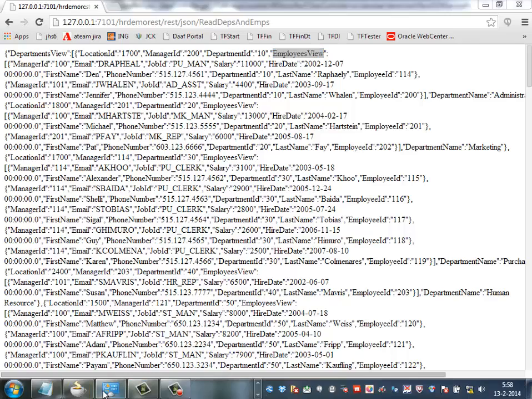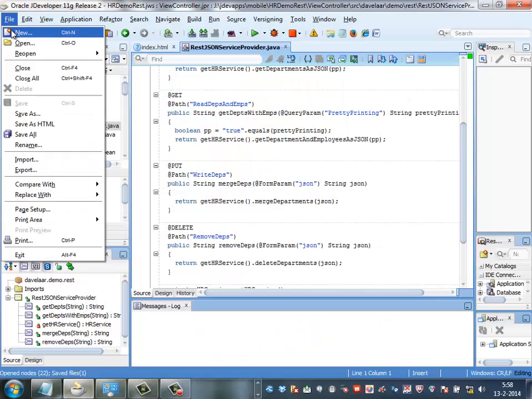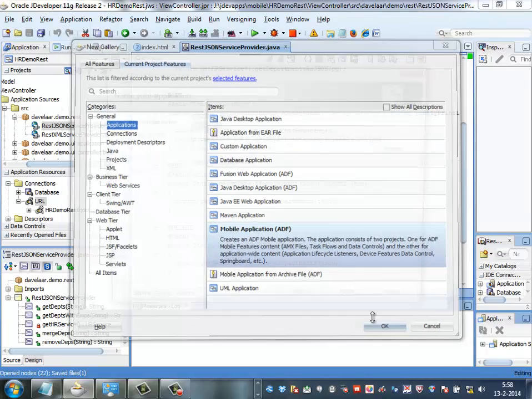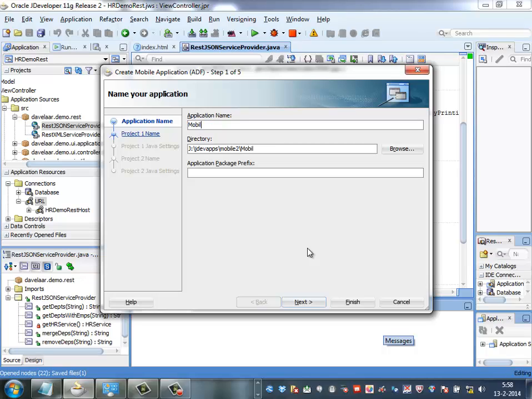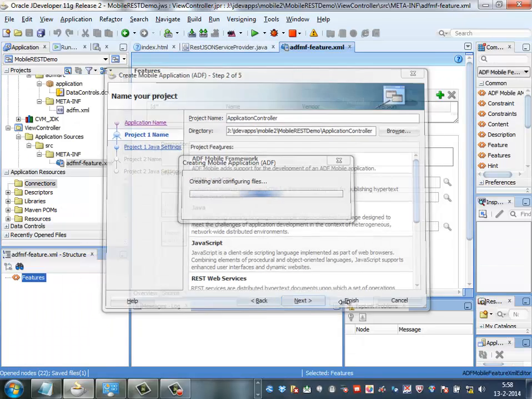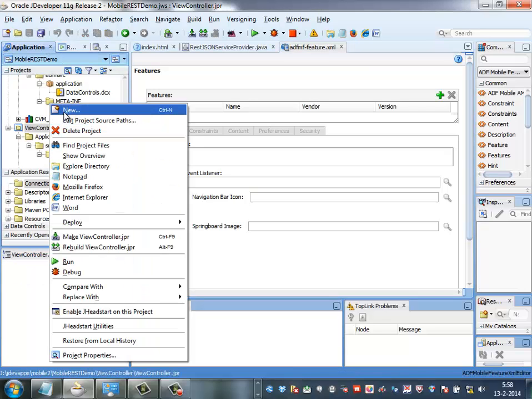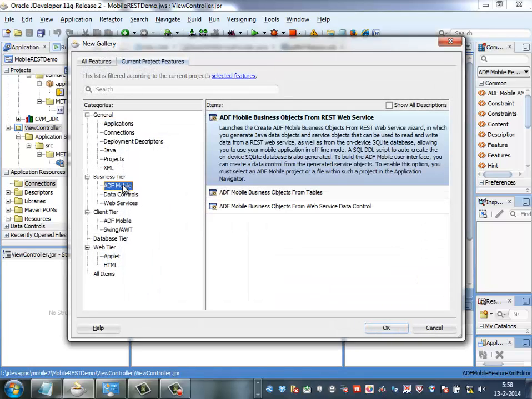So we go to JDeveloper, create a new mobile application, mobile REST demo, click finish. Click new, and we'll click the ADF Mobile category under business tier. This category shows up because we have installed the ADF Mobile Persistence extension. So we'll use the first wizard,